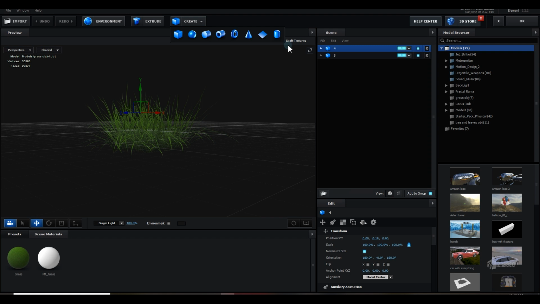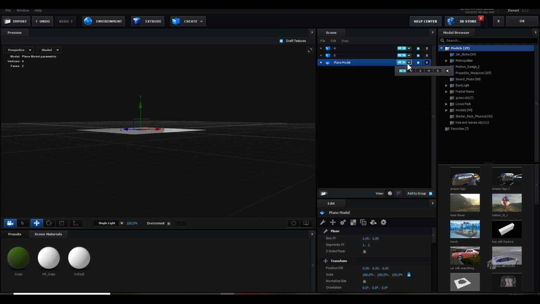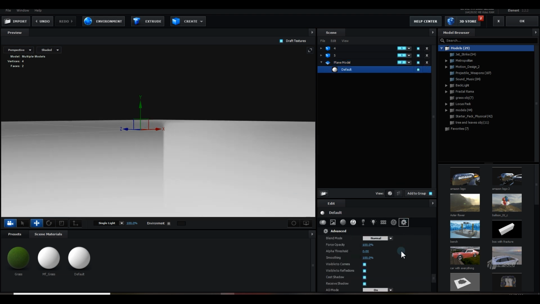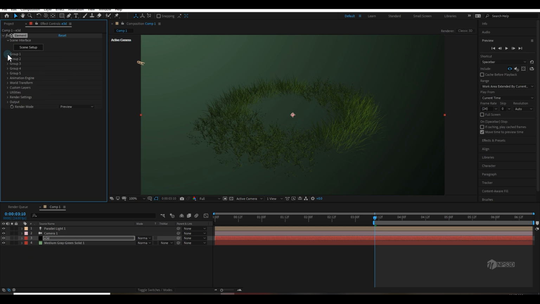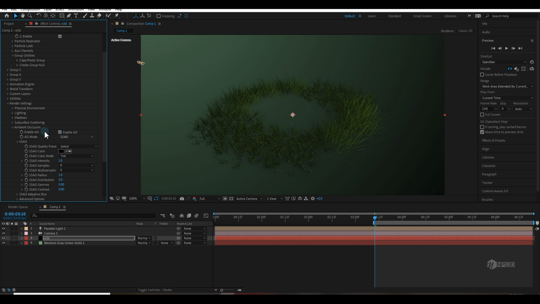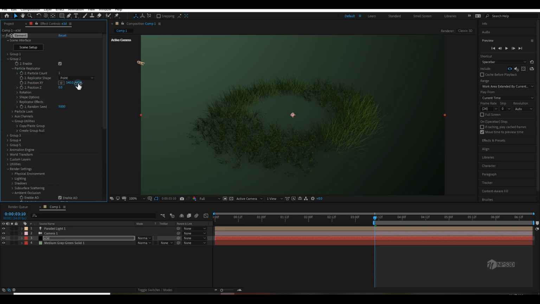Solid means plane. So I'm going to create a new plane and make them in a group 2. And you can increase the size like 12 by 12. Go to the material advanced section, draw back faces on, and make sure this is matte shadow, because we are going to create a plane which will accept my shadow. It will catch my shadow and ambient occlusion. So I'll go to the group 2. First I'll go to the render settings so that I can see the plane, and then I will use the ambient occlusion and I will enable it. And then I'll go to the group 2 particle look, and I can just clearly see, and this is good.